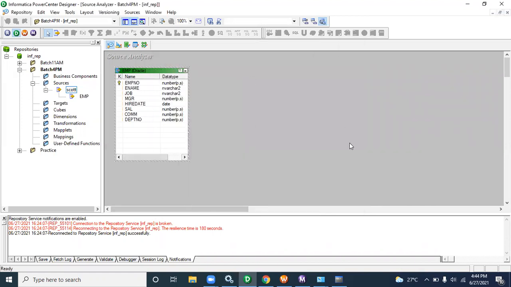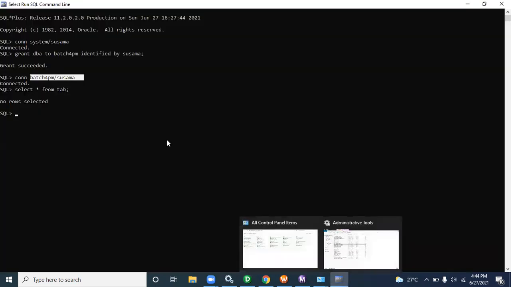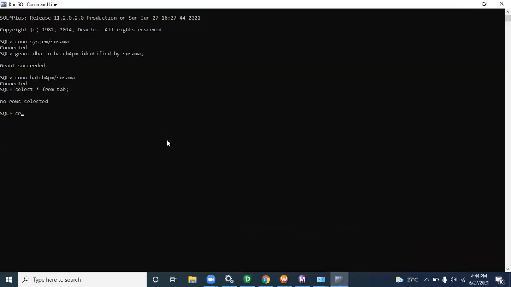Same manner, we need to do the target also. In real time, you need to do the target in the same manner. No need to worry. But the only problem is when you practice here, let me show you the target first. Let me create one table in target.